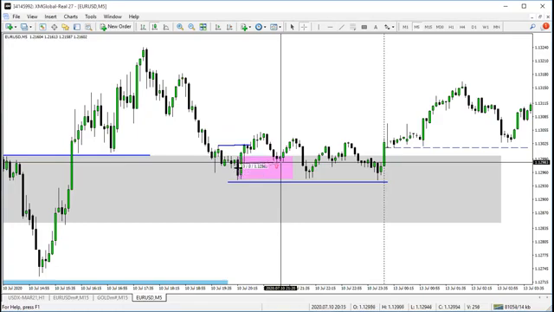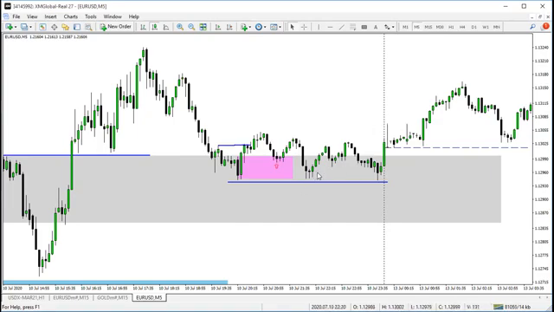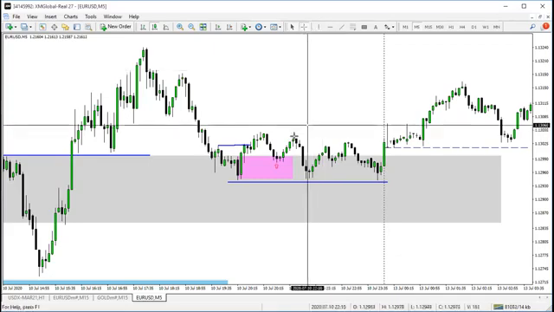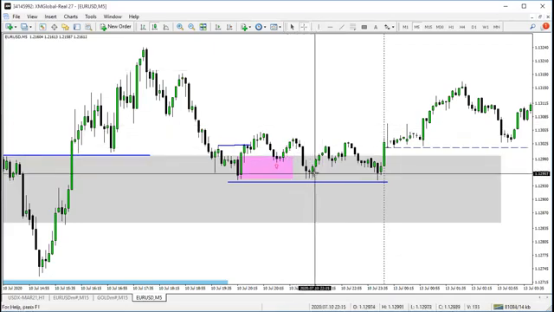Now, this order block was violated here. They violated it, but they were still bullish. So this is why I recommend that when you buy here and you put your stop loss down here, do not look at the trade. Do not look at the trade every 5 minutes. Why? Because if you had seen this, let's say